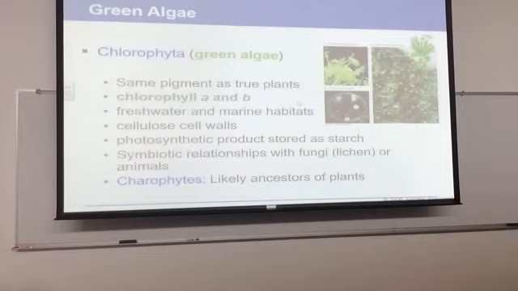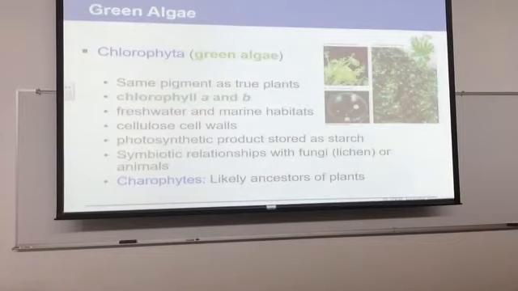Chlorophyta is our green algae, clearly called chlorophyta because it's green, has chlorophyll. It does have cellulose in the cell wall. However, it's unicellular, and all plants are multicellular. So it itself cannot be considered a plant. It tried to be a plant and it failed, just short of becoming a plant.